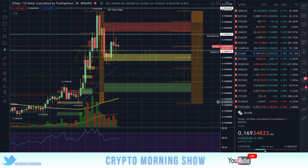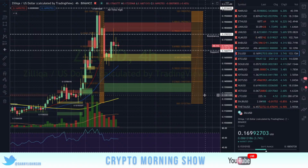Coming off of 2 successful trades, up to the all-time high and back down. So watch this one as it starts to make its way. We're starting to lay down healthy consolidation in this range right here. Did come into the 50, found some support. I have it marked here. This is coming off the 1 hour to 0.1660 and